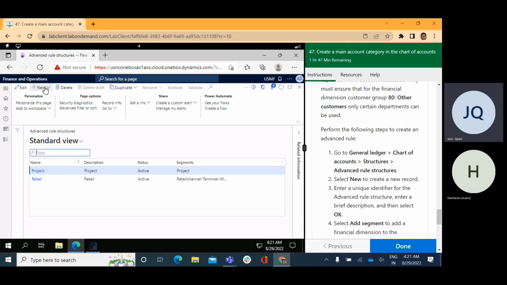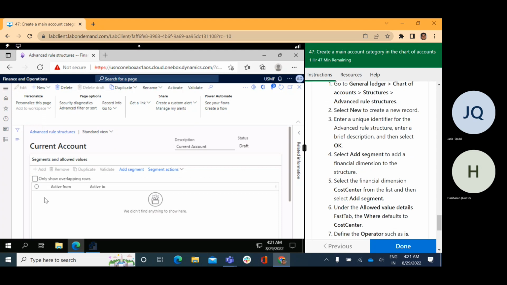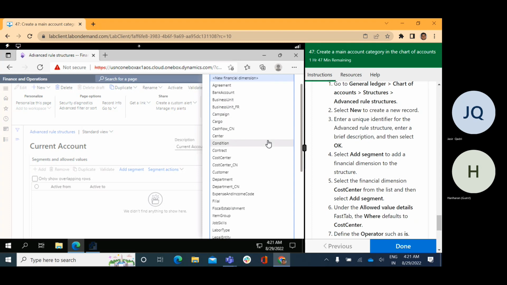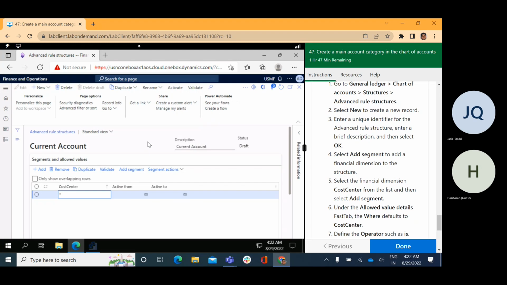Then I create a new segment. Add conditions. We select cost center. Okay, I will select cost center. Add segment. In the cost segment, I will enter